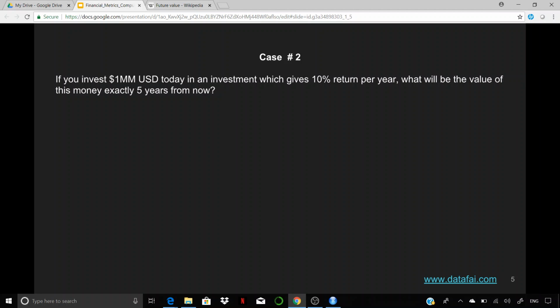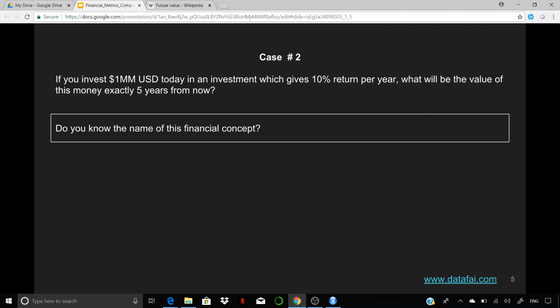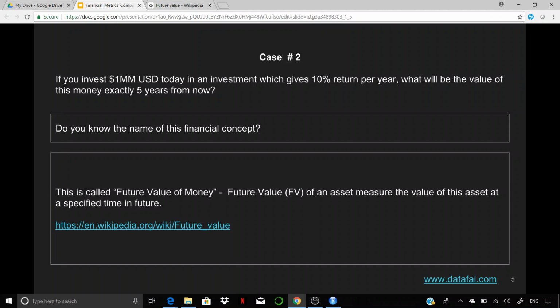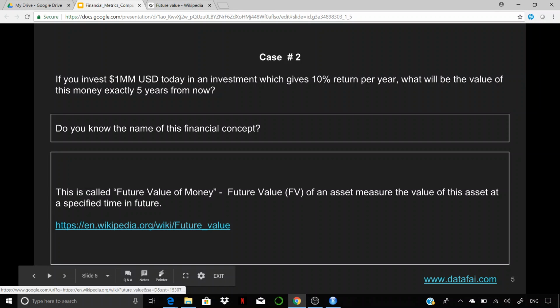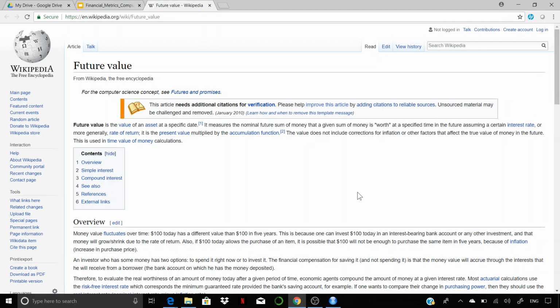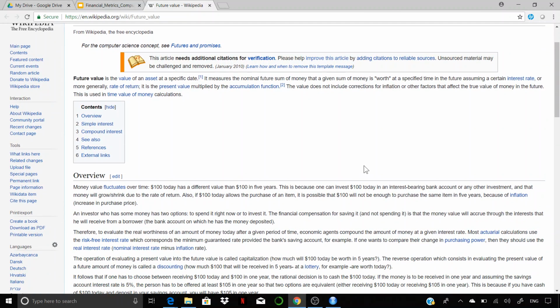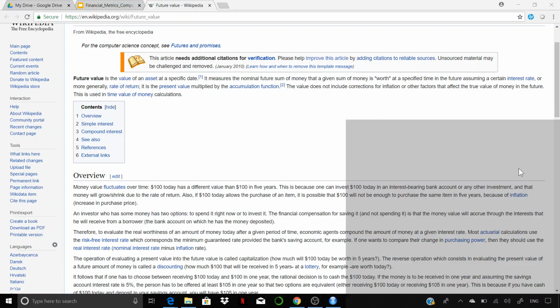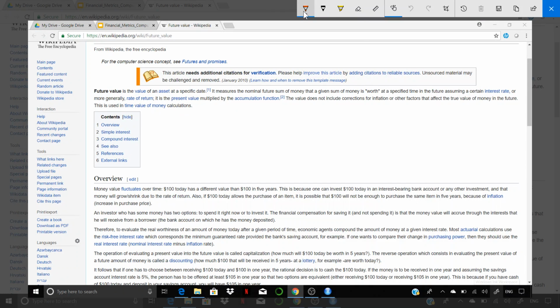What do you think this is? We are looking into the future, so the concept is nothing but the future value of money. I have the link over here in case you want to check it out. There's a good article on Wikipedia that you can go through on the future value of money. The concept boils down to, folks, very simply speaking, that money that is worth $100 now,